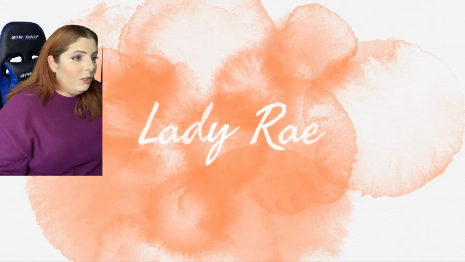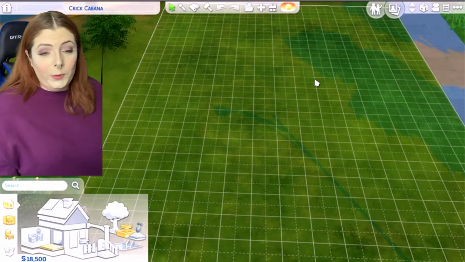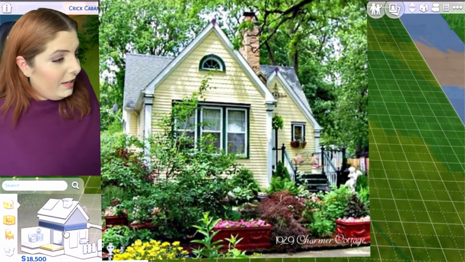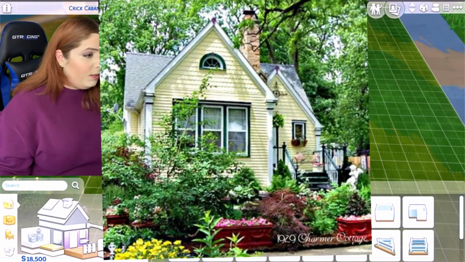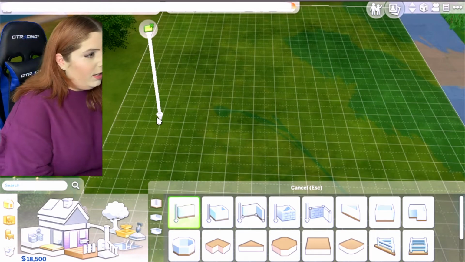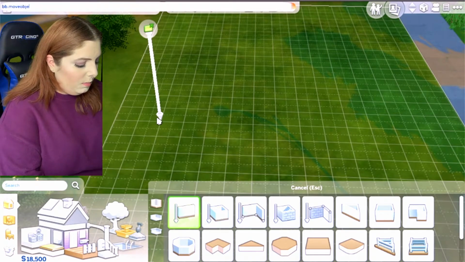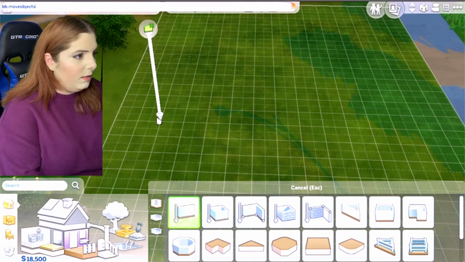So yeah, we're going to build in Willow Creek today. And I do have an inspiration photo, which I will put up here. And we're just going to build a tiny cottage, kind of a starter home. So in that vein, a starter home, as always, I do move objects,